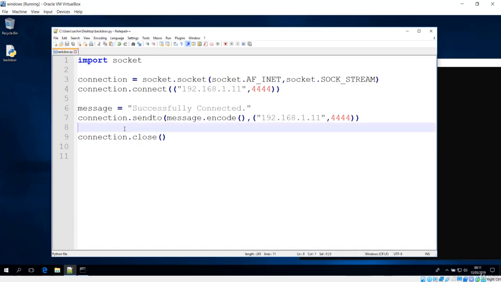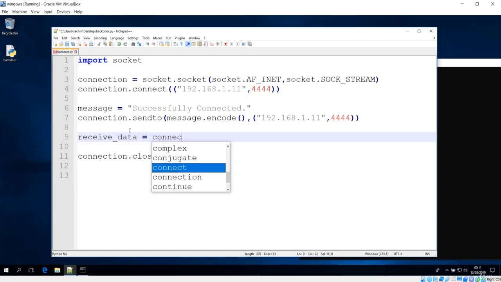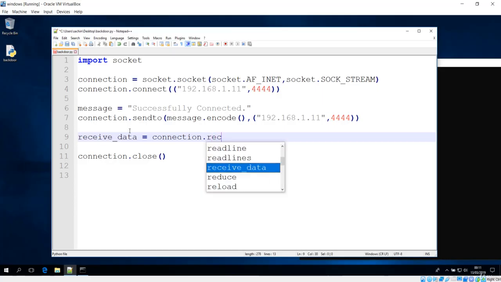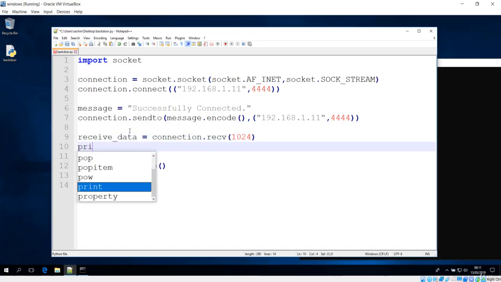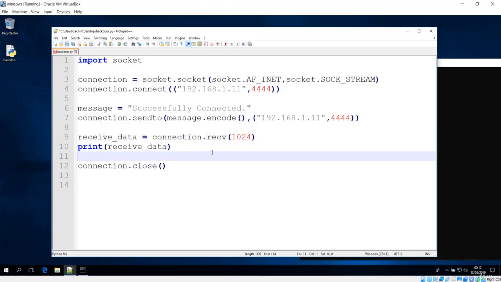So let's go back over here. The method is quite easy. We'll just say receive data, and we'll make use of the same connection, and it will be the receive method that we just saw, with the byte size over here. After that we need to just print this received data. So I'll say received data should be printed. That's it, we use receive in order to receive the data, and we print it out over here. Hope this will work, and let's see if it does.